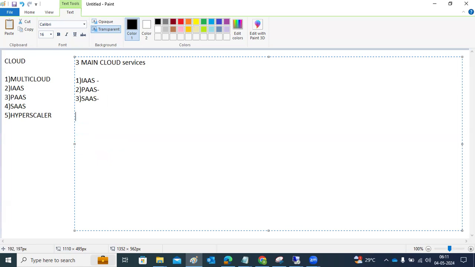What is this multi-cloud environment, the word? What can I say, multi-cloud means a buffet. When we go to a buffet, all the items are there. That is called multi-cloud. Instead of relying on one cloud provider, we are using different clouds, such as Azure, Google Cloud, and AWS, at the same time.